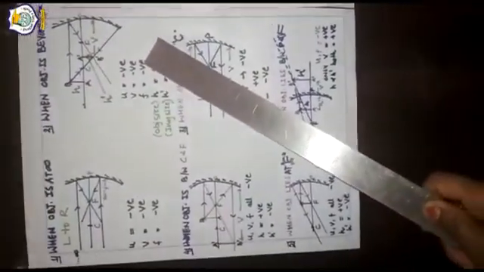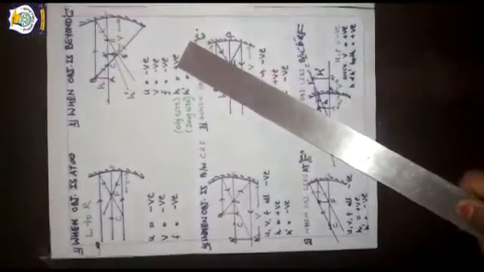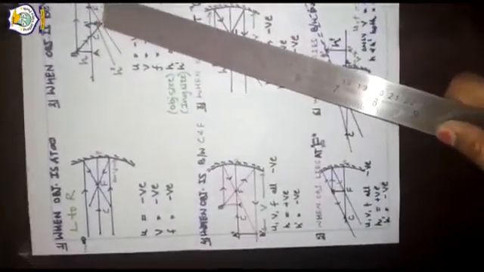So U, V, F all are negative, you can see. H is positive. Now let's talk about H dash. What should be the sign of H dash? It should be definitely negative because it is lying below the principal axis. So see, in this figure, I have applied all the sign convention. Similarly, you have to see each and every figure.